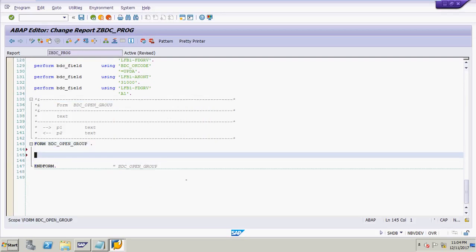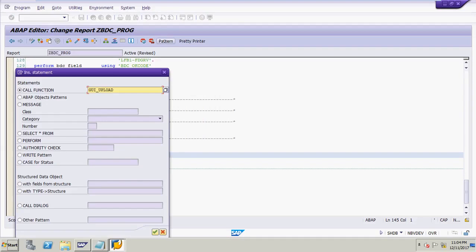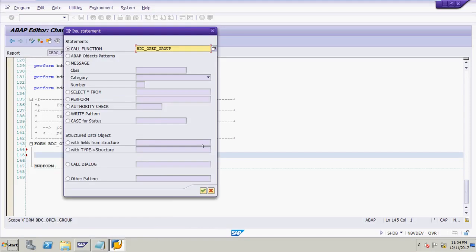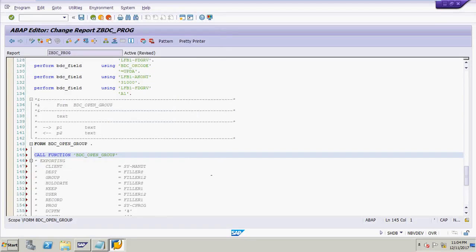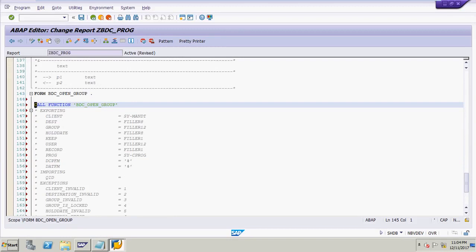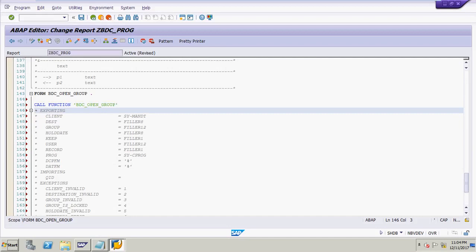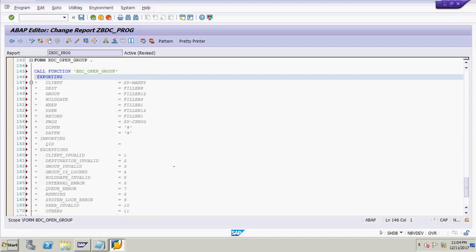Now click on the Pattern button and give the call function BDC_OPEN_GROUP, and click on the continue button. Here in open group, one minute.